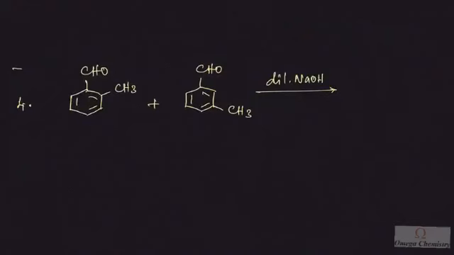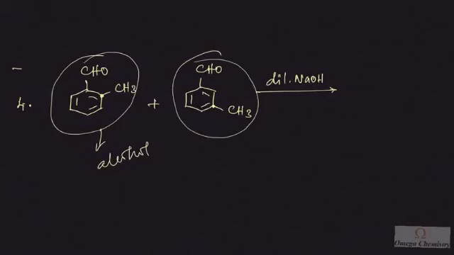The fourth problem. Here I have a methyl group attached to the ortho position and a methyl group attached to the para position. As an electron donating group like methyl will destabilize the carboxylate ion, the methyl group attached to the ortho position will destabilize more. So this compound will preferentially become alcohol, and the para compound will have a lesser electron pumping effect, that is, the plus I effect will be lesser than the first one. That's why this will preferentially become the sodium salt of acid, right?